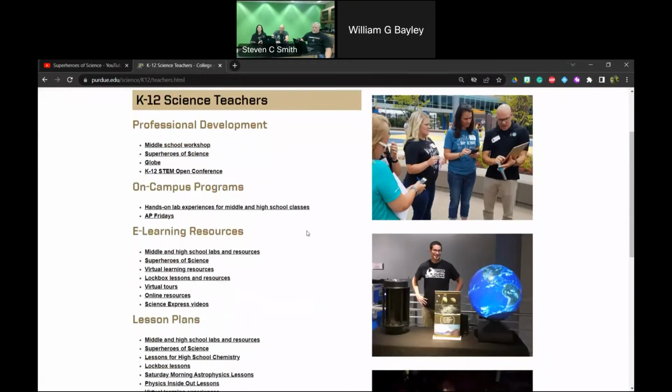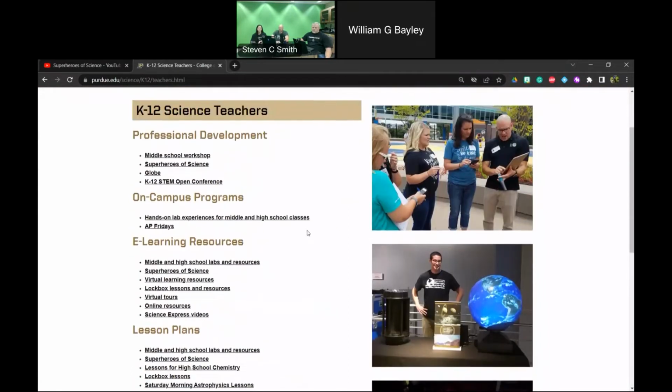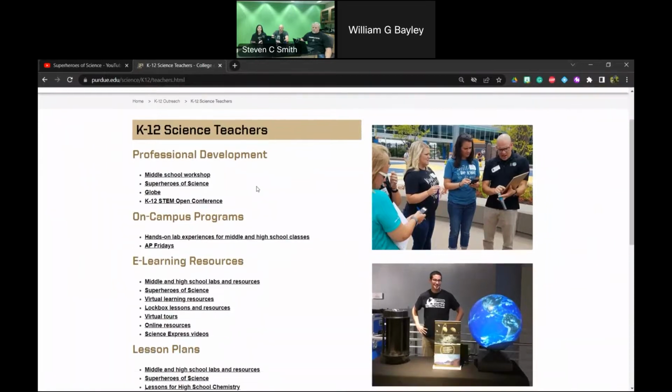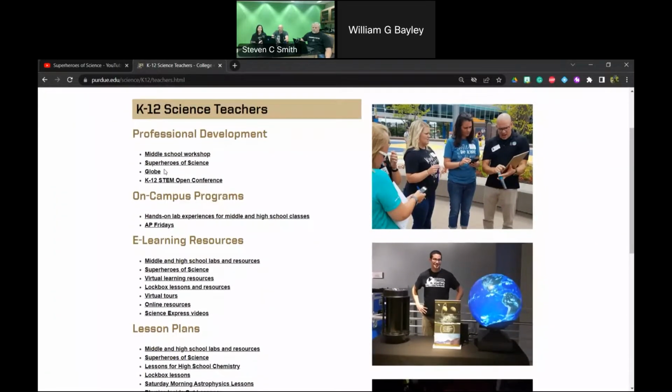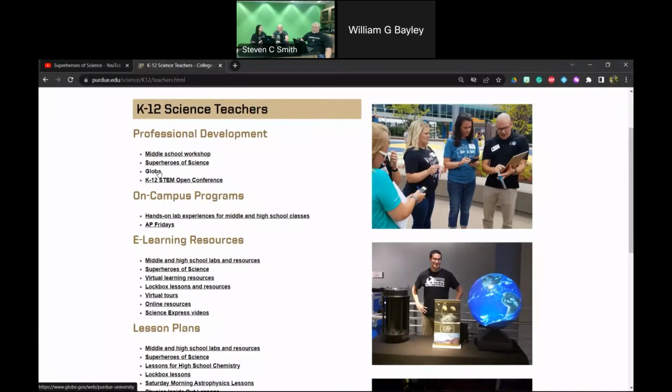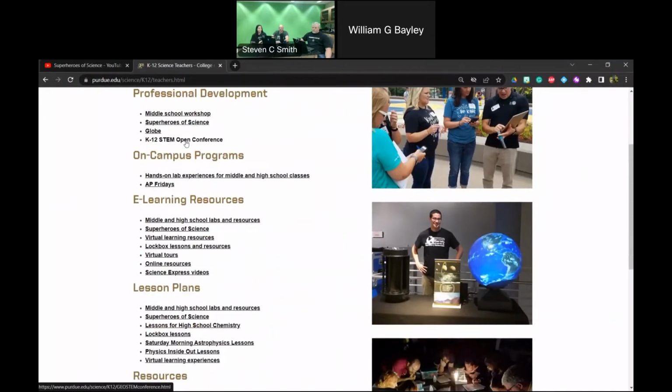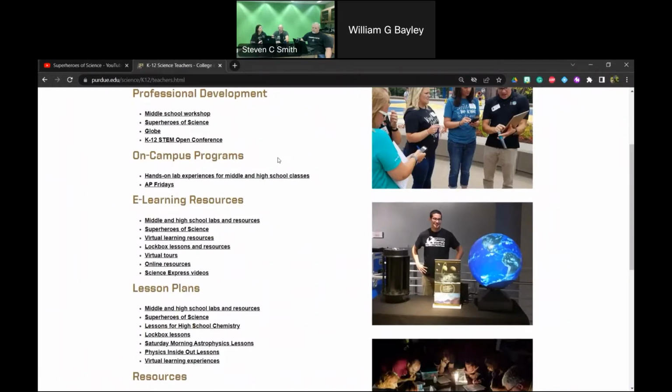All right. So today, as I scroll down through here, you can see, of course, this is the workshop we're actually teaching now. Science has stuff on it. Globe, we have hosted Globe professional development since before COVID, so we might offer it again, I don't know. In the open conference, that's the computer science, all kinds of stuff for computer science. We spent several months putting that together.